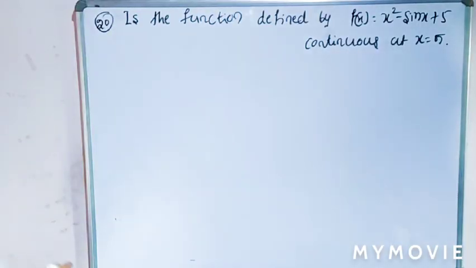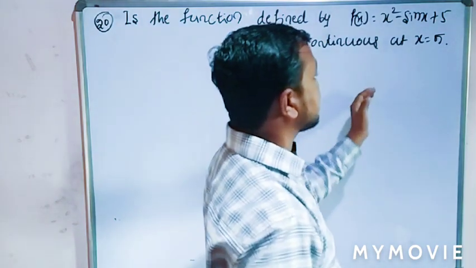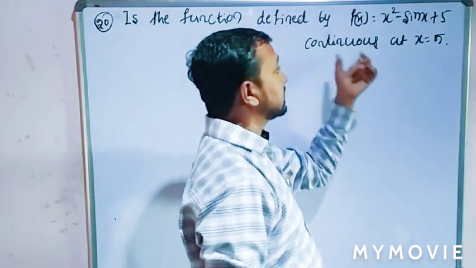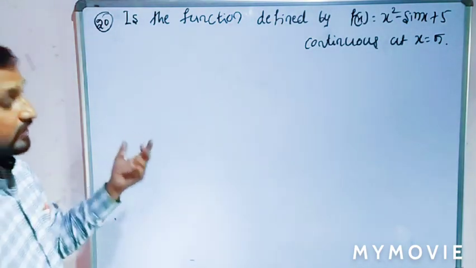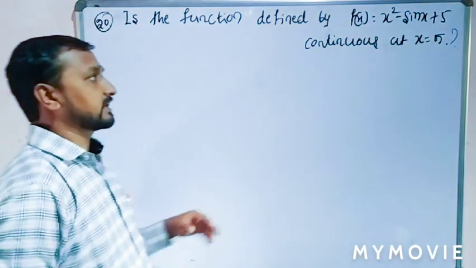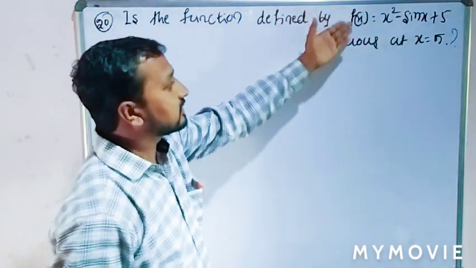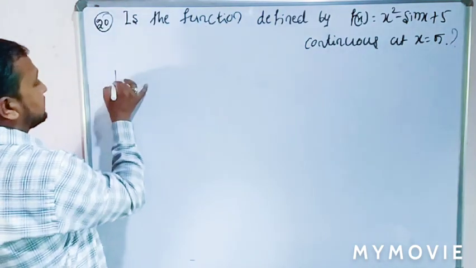Students, is the function defined by f of x equal to x square minus sin x plus pi continuous at x equal to pi? Is it continuous at x equal to pi? Okay. So whether it is continuous or not, we can check. So this is one function and the particular point is x equal to pi. Okay. So the function